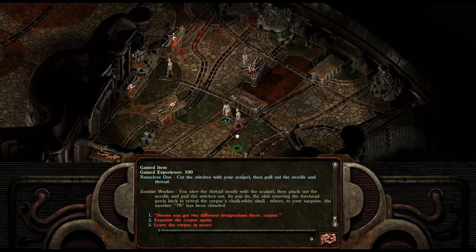As you see, the skin covering the forehead peels back to reveal the corpse's chocolate skull. You're surprised the number 78 has been chiseled. Looking for worker 79, but